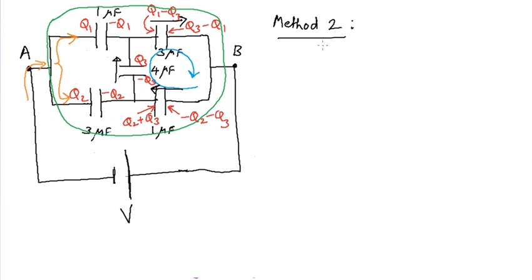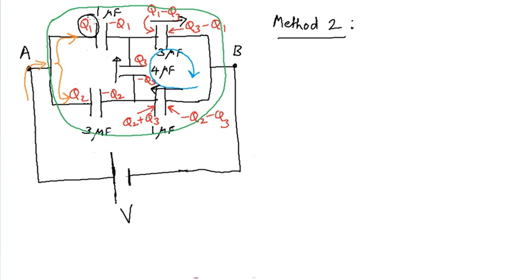And this result leads us to the second method to find the effective capacitance between points A and B. So what we are going to do is we will now bring the circuit back to its original form by putting back the original polarities of the battery plates like this. And now, for a certain reason, I am going to rename the charges on the plates.